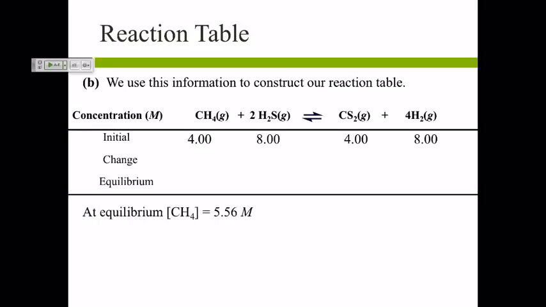So this is honestly the hardest part for every student that starts working with ice tables. First, what is the sign of our changes? That's Q versus K. And then the second part is, for every 4 hydrogen that go away, 1 CS2 is going to go away, and we'll generate all based on the stoichiometric coefficients. And since we know that the equilibrium concentration is how much we started with plus how much that changed, we should be able to figure out